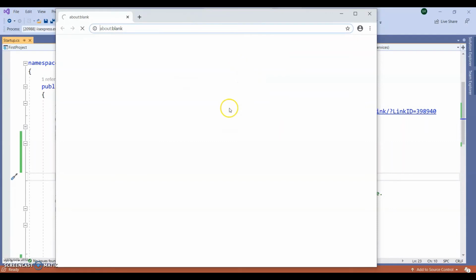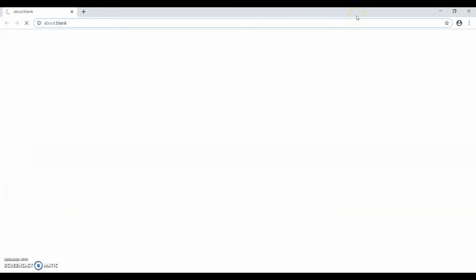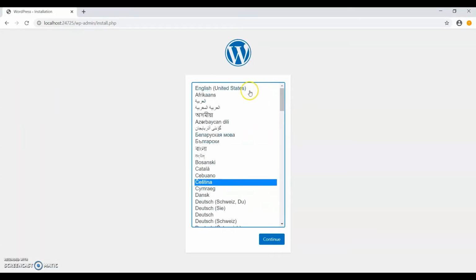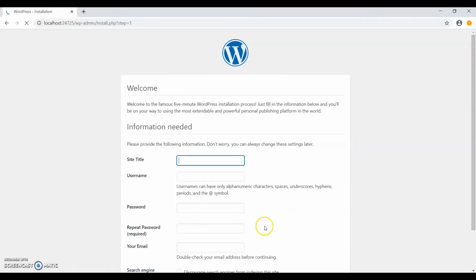So it will ask for the language and it will ask for the WordPress installation. Wait for a few seconds, let the application run properly. So I need United States, English, click on continue.